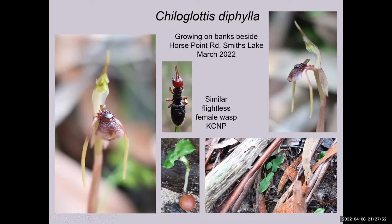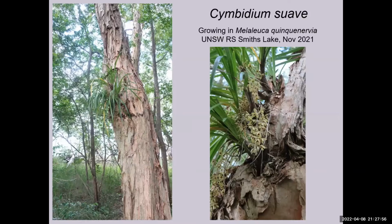So this is the wingless female. Another frequently seen species are the Cymbidium suave, which are attached to many different trees and make a lovely lot. They're more frequently seen at the end of the year, and